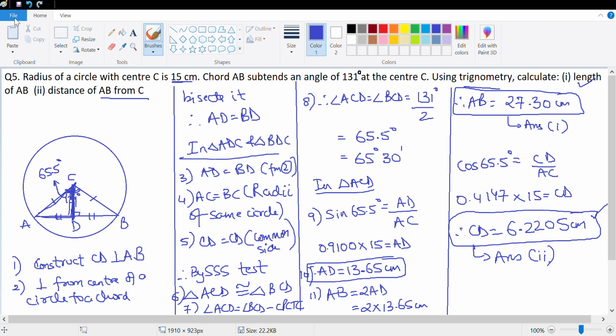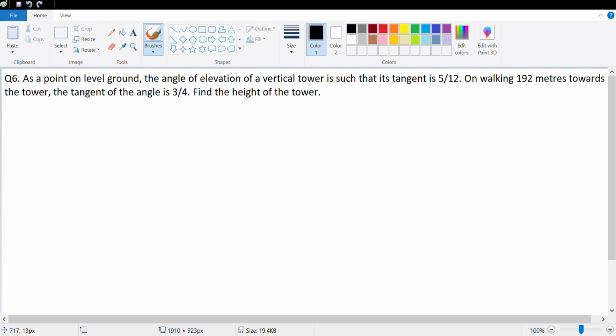The next question that we do is question number 6. Question 6 is, as a point on level ground, the angle of elevation of a vertical tower is such that its tangent is 5 by 12. Let's just draw a rough diagram. So this is my vertical tower. This is the ground. The angle of elevation is such that walking